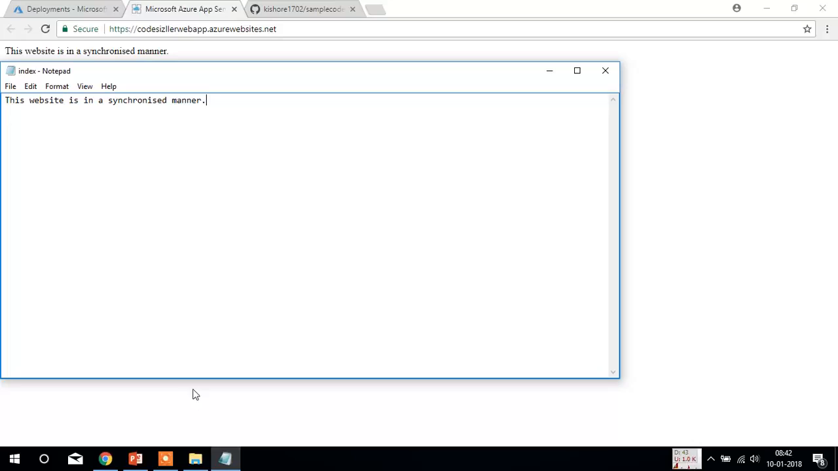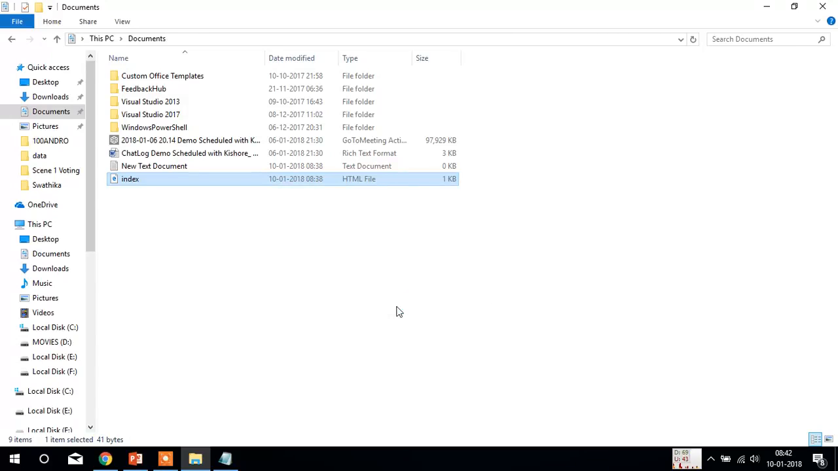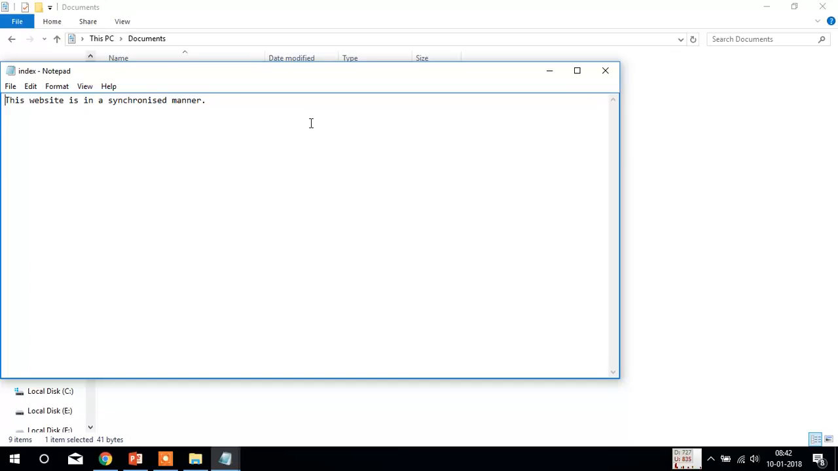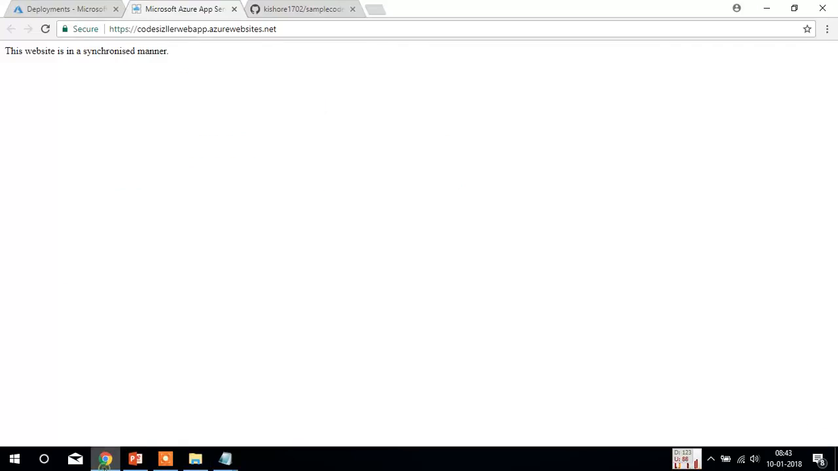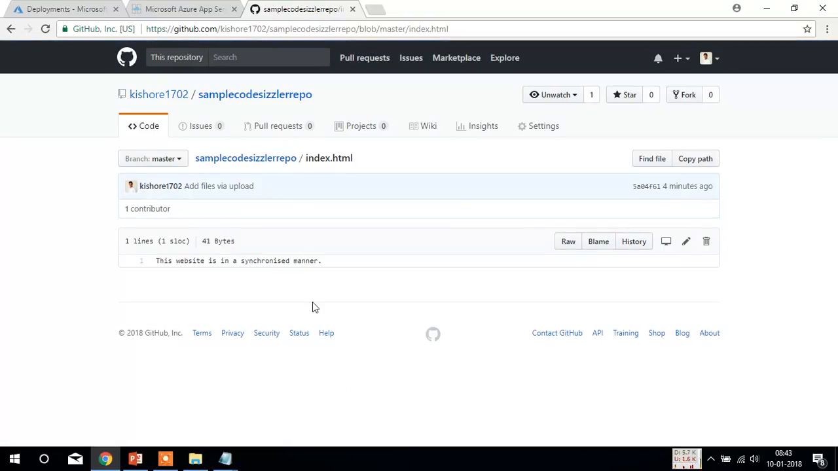Now what I do is, let me add some other data into the same index file which is actually in my PC. So this is the index file in here. Let me edit this. More apps and notepad. I am making a small change. Okay, I'm just saying it again. I'm not copying it, but still let me go back to my GitHub. Let me open the file which I created, that is that index.html, and